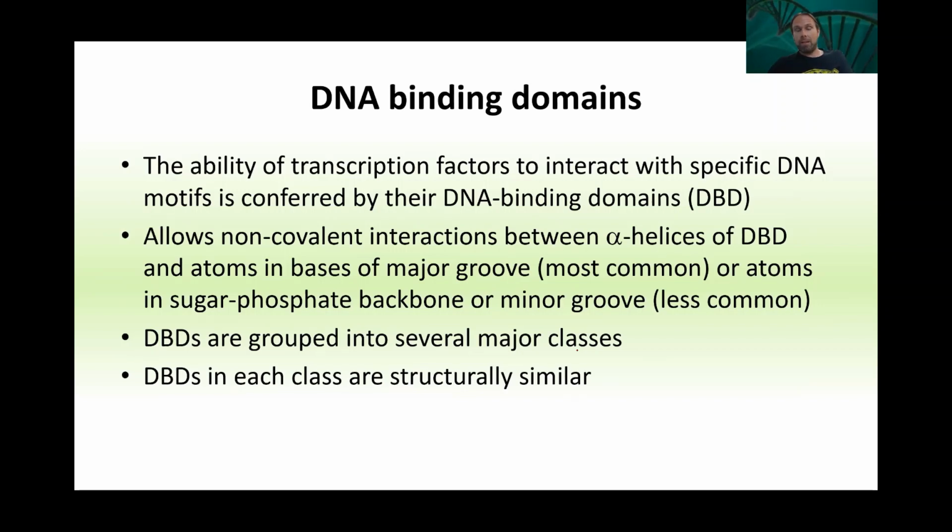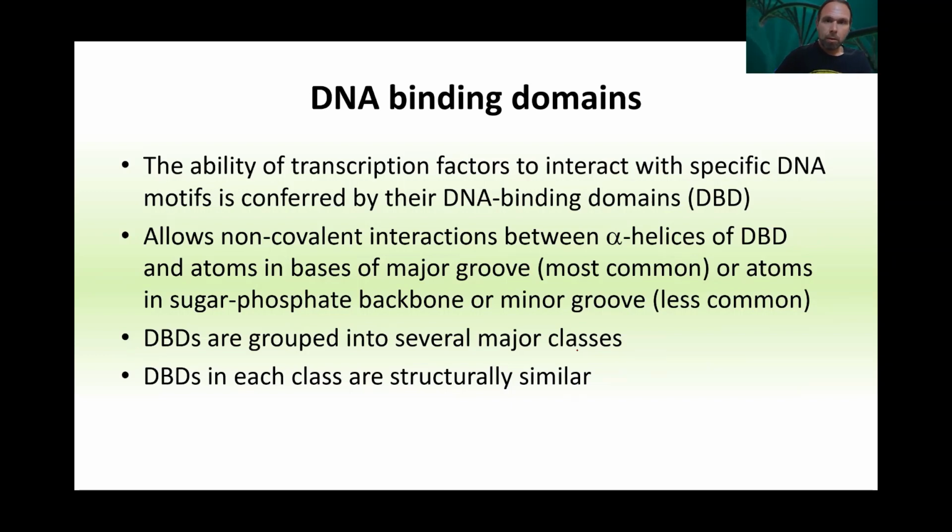The first of these, obviously transcription factors come in and bind DNA and then either activate or repress transcription. The first domain you have has got to be a DNA binding domain. You must have a domain that allows you to bind to DNA. And the way this generally works is, remember, proteins have those secondary structures like alpha helices and beta sheets and beta barrels. Well, generally the alpha helices of the protein within the DNA binding domain are going to interact with the major groove or sometimes the minor groove of the DNA,